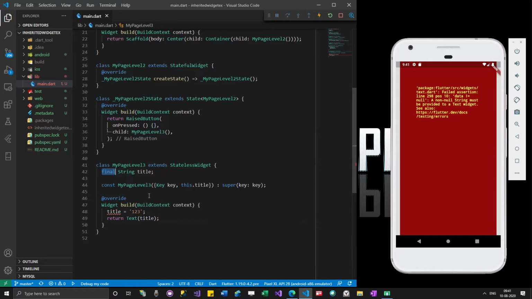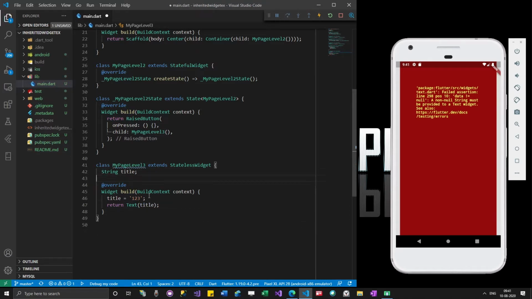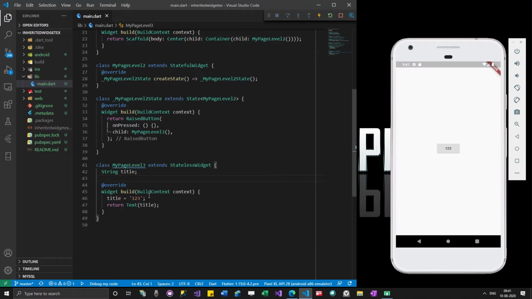Let me remove this final and see what will happen. That's okay, but since I am using a stateless widget, you can see that we are getting some error, because these fields are not marked as final. Even though it still worked, I don't think that's the way we should do it in Flutter.